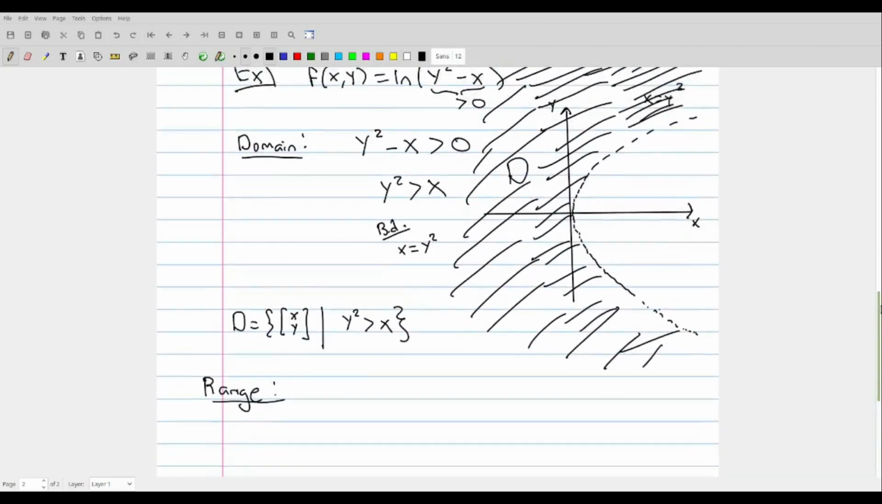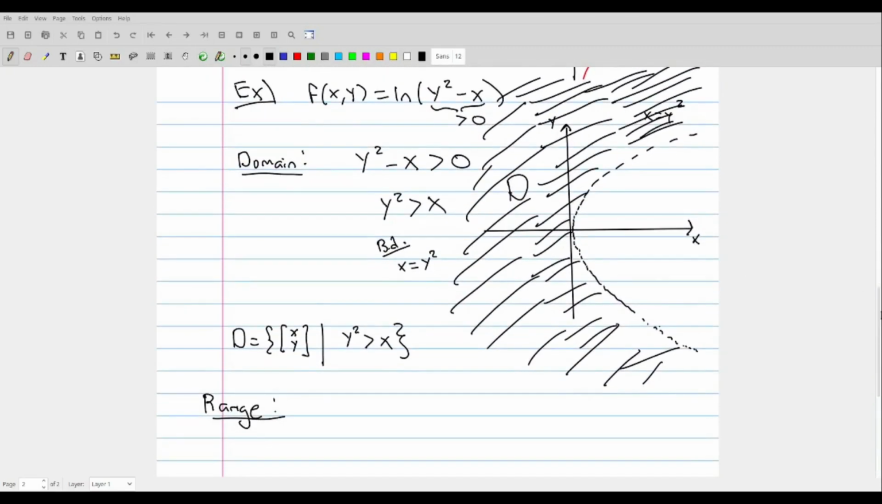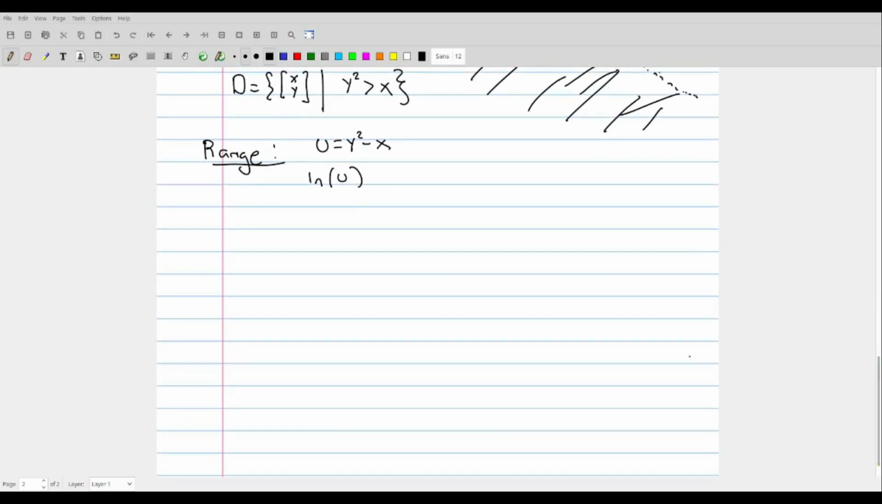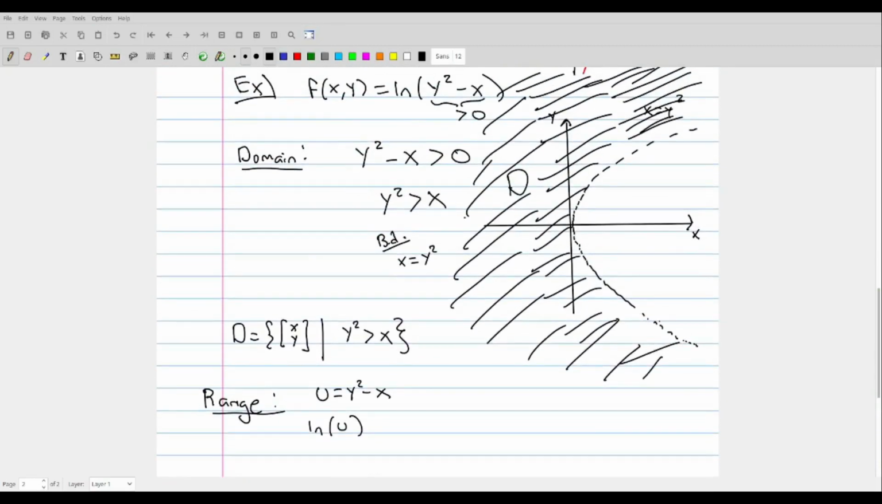And getting the range, we're looking here at ln of u. So remember, u is equal to y squared minus x, and our function f is just ln of u. So u, as a value, goes from 0, an open interval, 0 on this boundary right here, and then it increases without bound as you move away from this value right here. So it's from 0 to infinity,